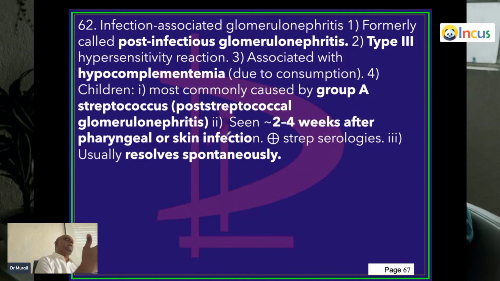What type of hypersensitivity is the immune complex deposition? Correct. Type 3. Every time immune complex is formed, complement is consumed, just like every time idli is consumed, chutney is also over. So hypocomplementemia is the characteristic feature of PSGN. But one important point: complement level will be low in PSGN, but within 6 weeks that will normalize. If it did not normalize and complement continues to be low,